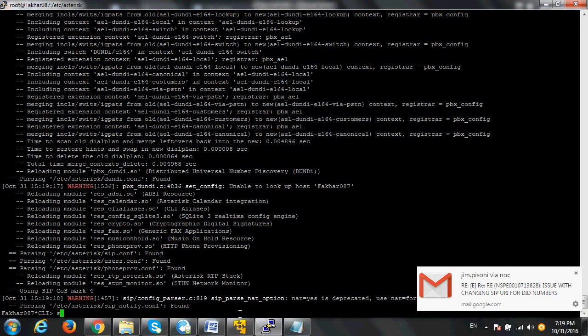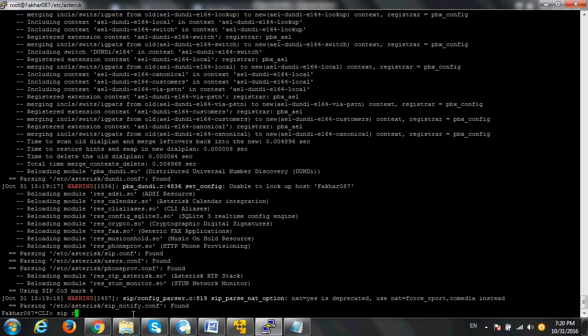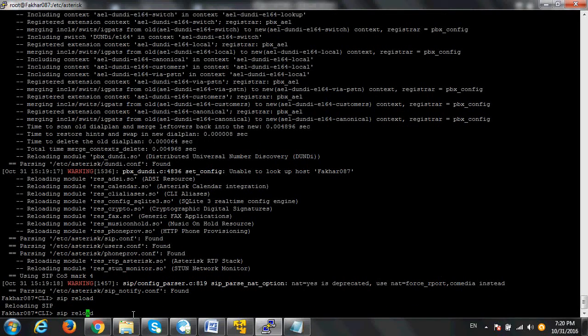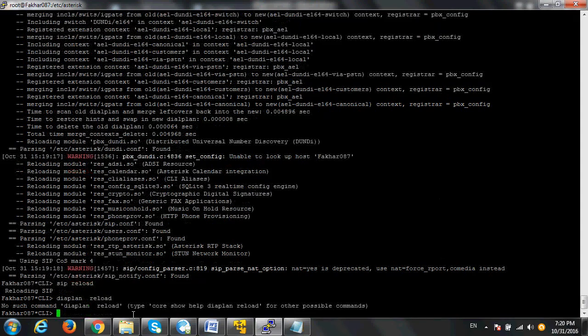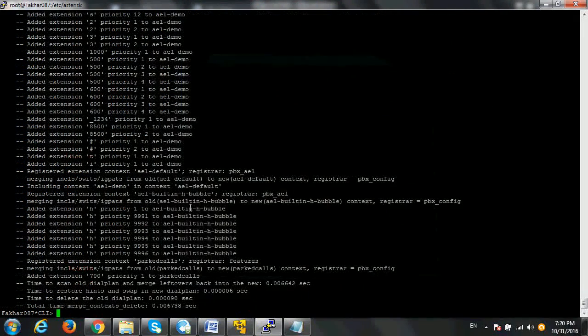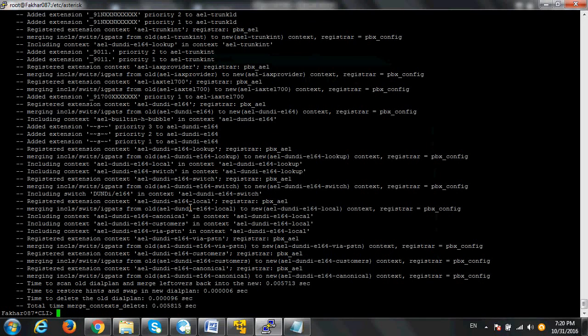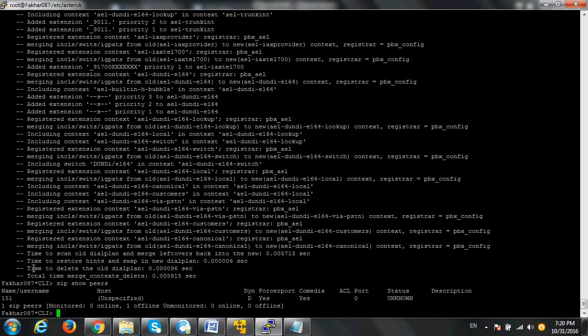You can reload the SIP: SIP reload will reload the SIP.conf file, and if you write the command dialplan reload, this will reload the extension.conf. Now here I am using the command SIP show peers. Now here you can see I have 151, which is a user, and its host IP address